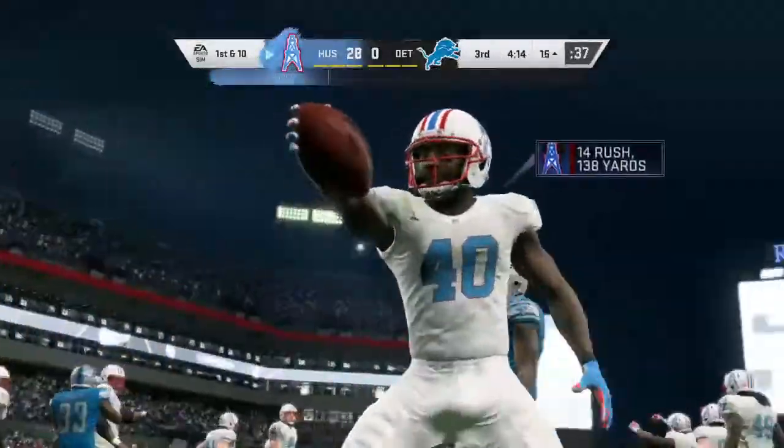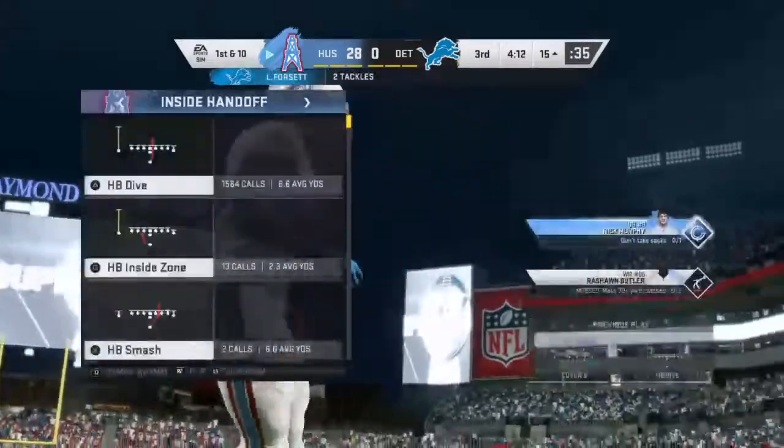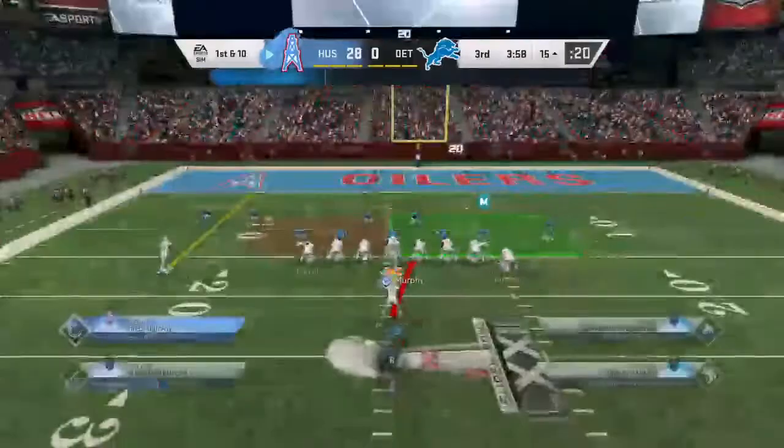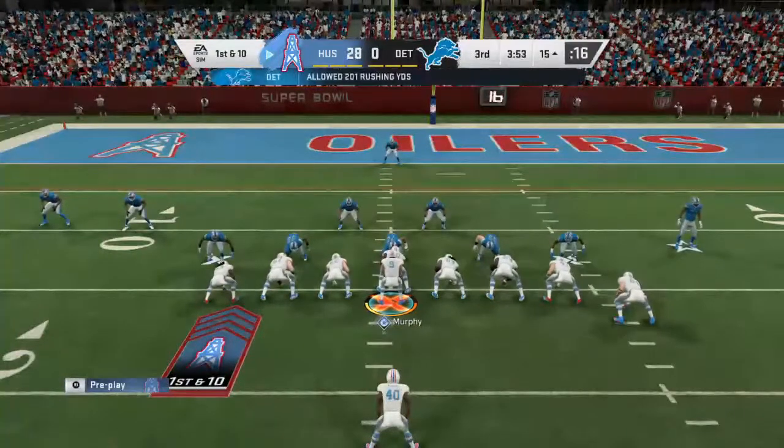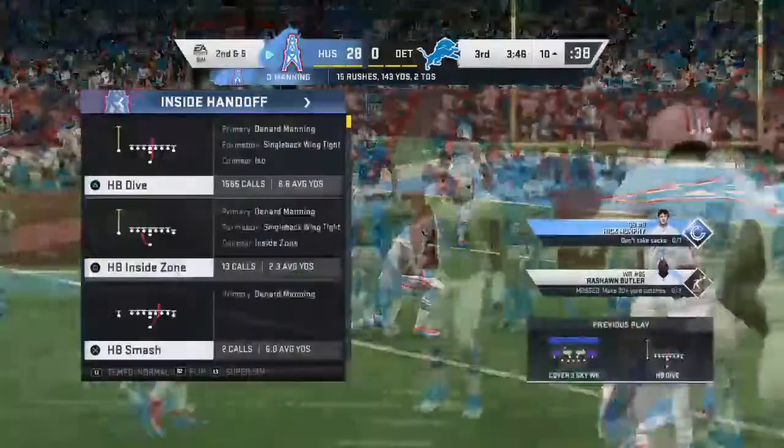For about 5 yards down to the 10. After the pickup of 5, here's 2nd and 5. And he'll give it a great play there with his...